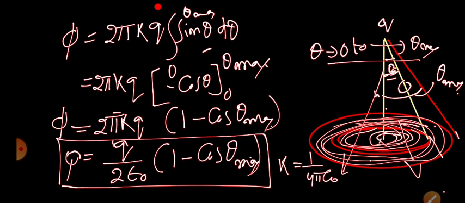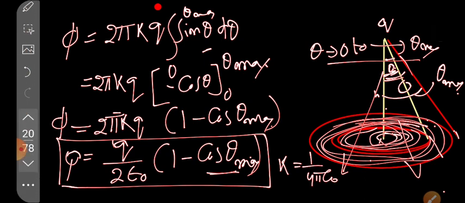And if somebody wants to find out what cos theta max is, in this triangle you will see cos theta max is equal to h by the longest slant length. So theta max, that value can be calculated. What is cos theta max? It is nothing but h by the maximum slant length R max, which is equal to h over the square root of capital R square plus h square.